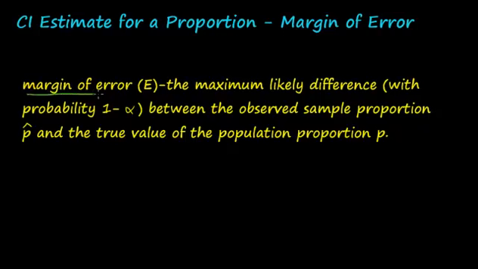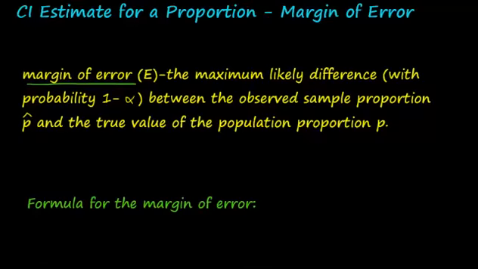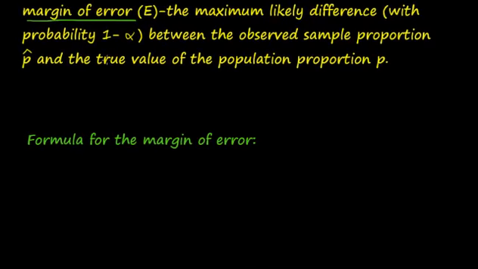So margin of error. It also has the name the maximum error of the estimate. You may hear that, the maximum error of the estimate. And the symbol or the letter we use for that is a capital E to represent the margin of error. So we need to know how to calculate that. So the formula for the margin of error is written as E